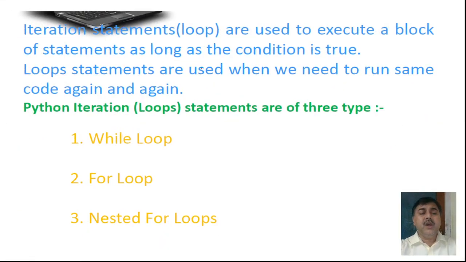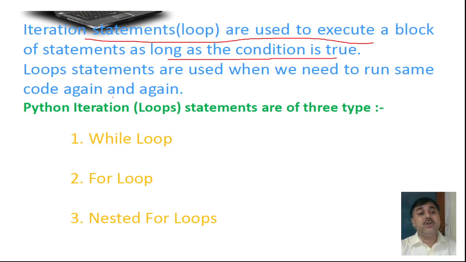Now you see that iterations means what comes again and again. The loop will execute the block of statements as long as the condition is true. That means it will run the work again and again, and continue the work. So what loops can we find? An iteration loop. Especially the while loop is an iteration loop, the for loop is an iteration loop, and the nested for loop is also an iterative loop.